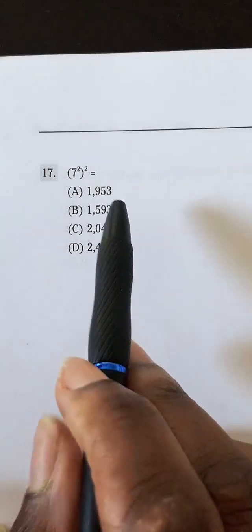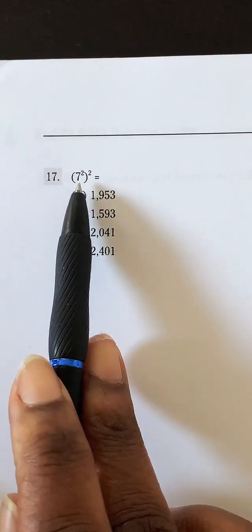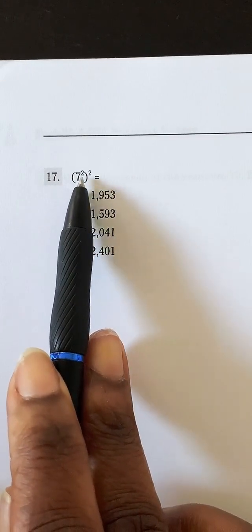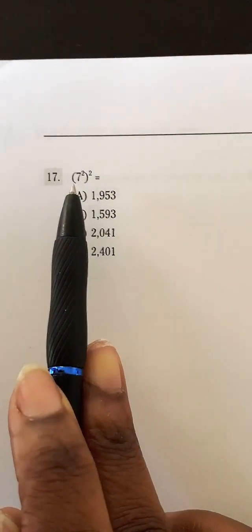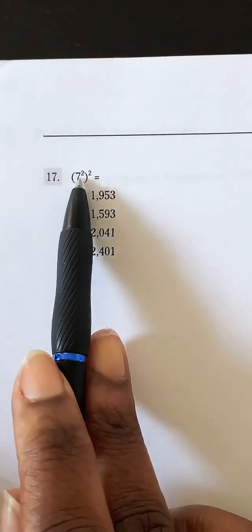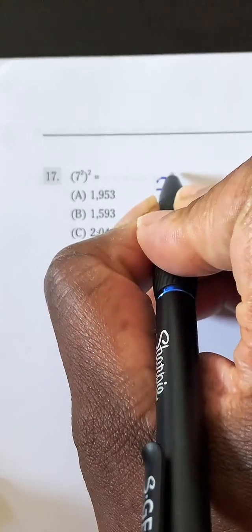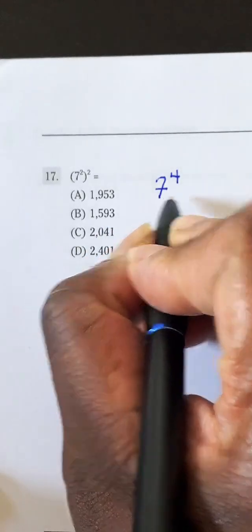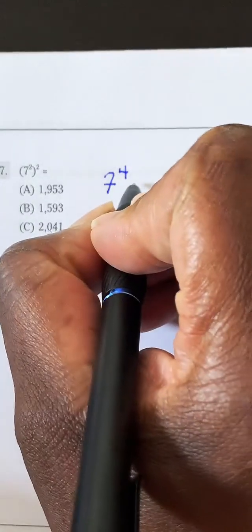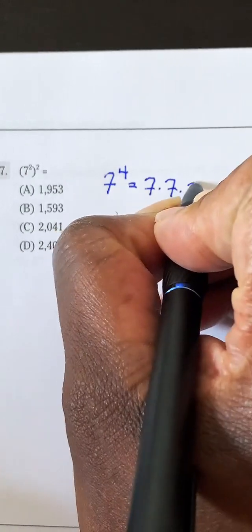So let's take a look. You always want to take a look at what's inside your parenthesis. So we have a same base of 7, but this is a power being raised to a power. So when you have a power being raised to a power, that means you can multiply your exponents. So you have that base of 7, and then 2 times 2, that will give us our 4. Now for the solving piece, that means 7 to the 4th power. That means exactly this. I am multiplying that base of 7 to itself